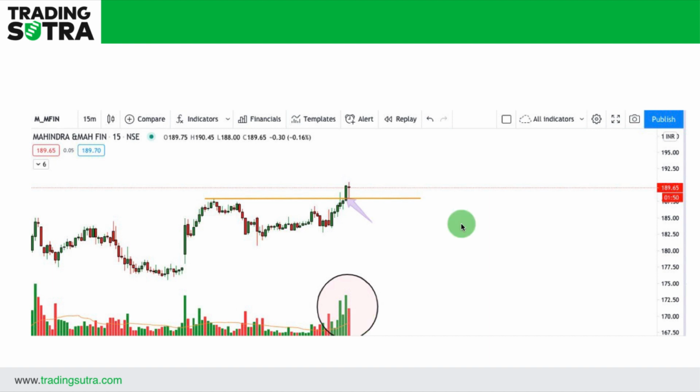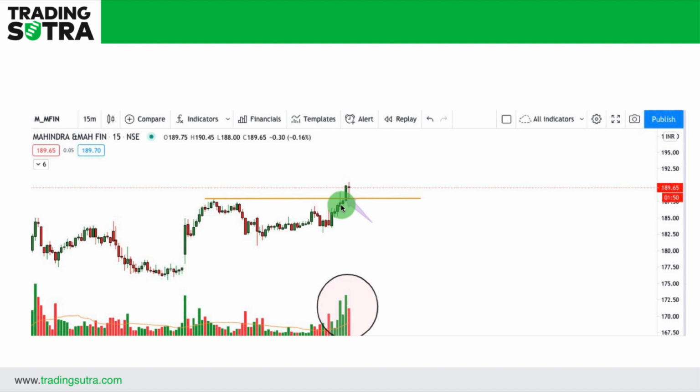So what happened in today's session? Look at this candle. The prices had tried to go above this level but didn't sustain. So this was not taken as a breakout, right? We need a closing above this resistance, this horizontal line, and that's when we can say that the breakout has happened. And the most important thing here is volumes. We need a closing above this resistance and good volume. So we got the volume, but we haven't got any closing here, right? So the volume is indicating that something is going to happen in this stock in the next few minutes.